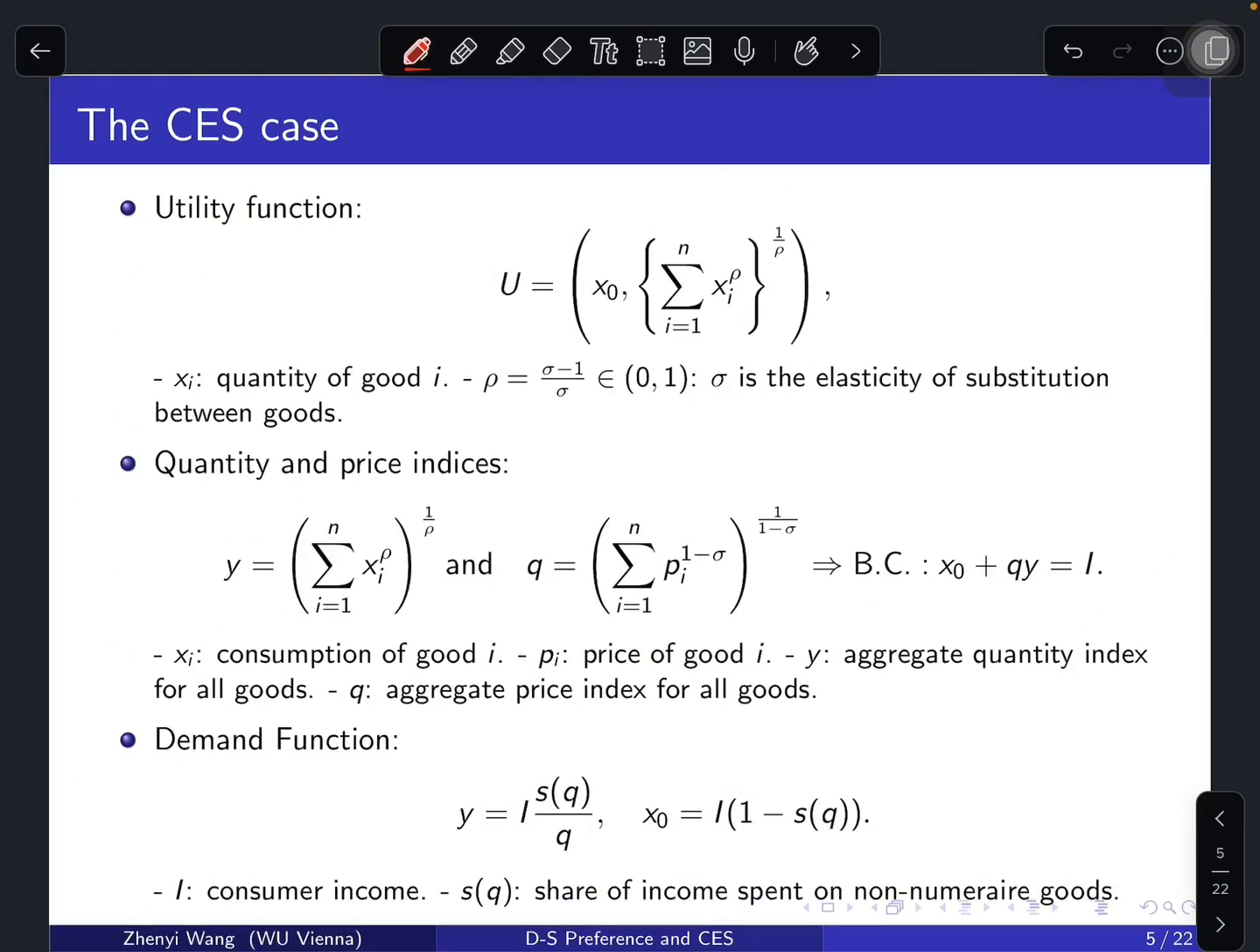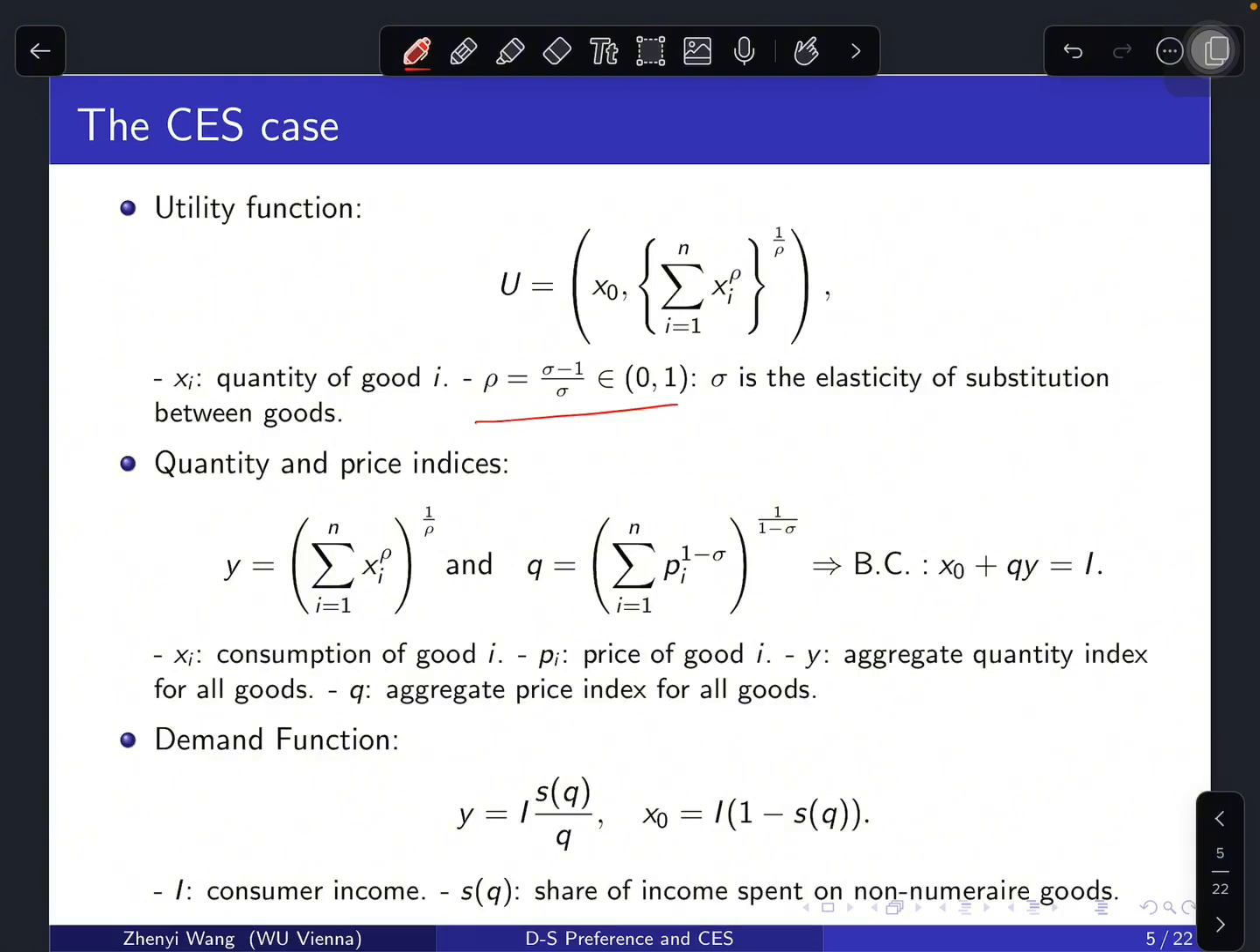Okay, in the CES case, consumer preferences are represented by a constant elasticity of substitution utility function. It's a standard form which captures the trade-off between variety and substitution among differentiated products. Here we could say that rho